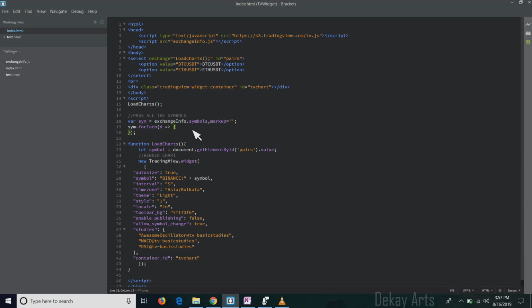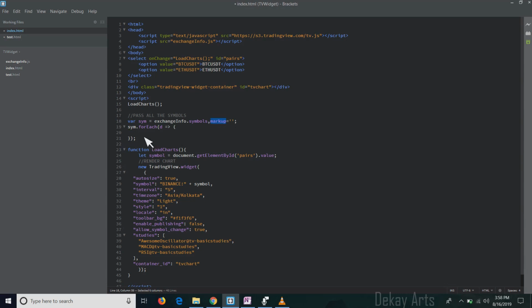For each symbol I'm going to concatenate. Plus equal to is used to concatenate. Okay, I'm going to concatenate each option. I'm going to place this in a string. It's a string. Okay, and then we have to pass the field here, the symbol here. Okay, it's d dot symbol.